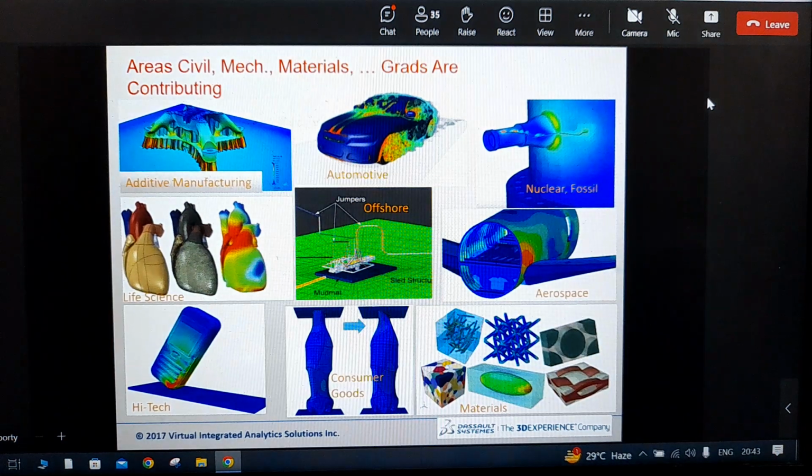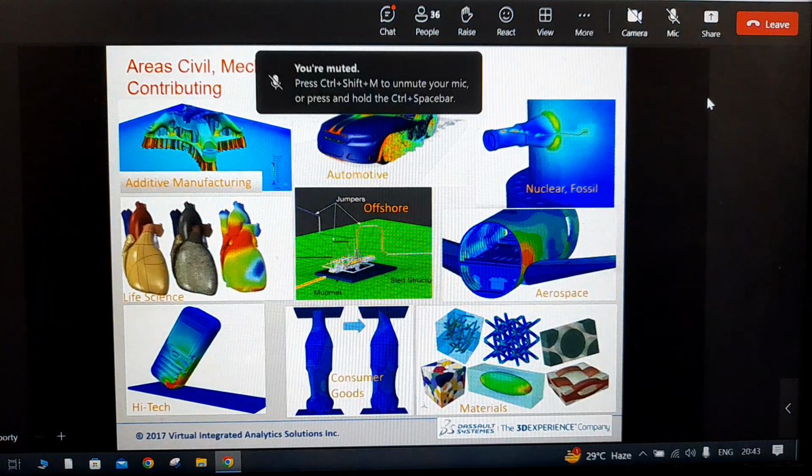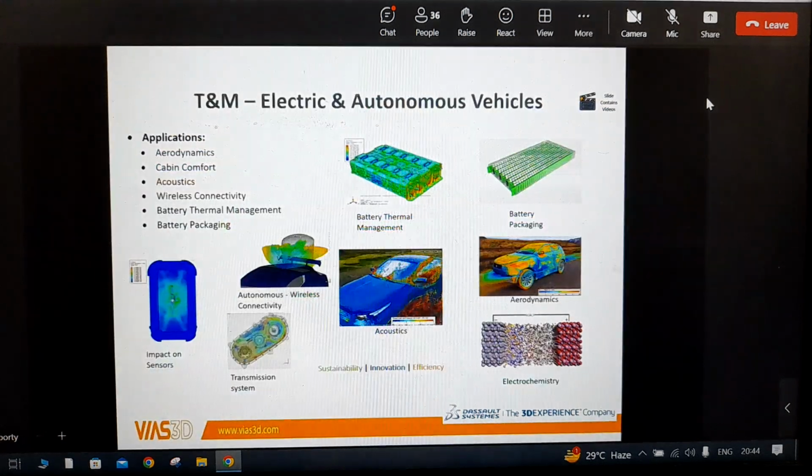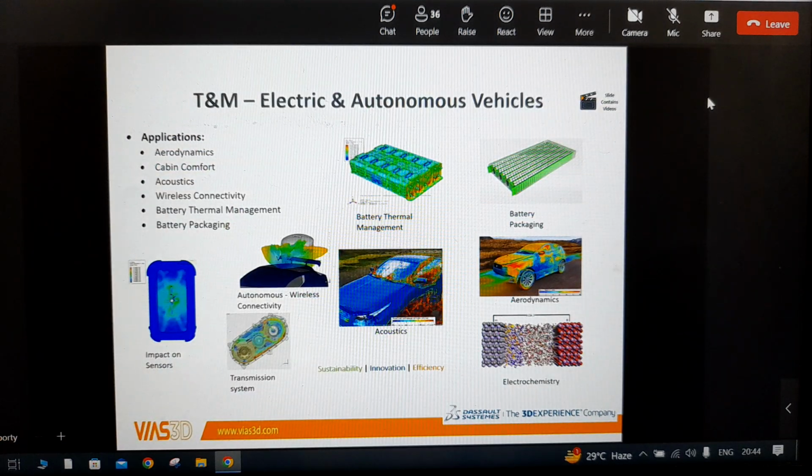This is a little bit more of a picture of different industries, so you will get an idea from this picture of the different applications. This is something our company does. The pictures come partly from our partner Dassault Systems, and some of it is our own work for our clients. These are not exactly the models we do, but something similar. You can see there are so many different applications in different industries.